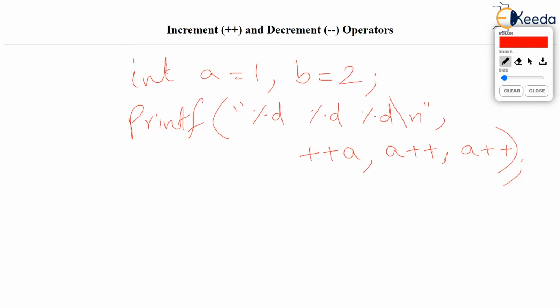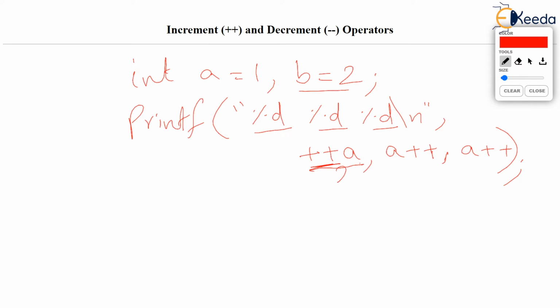Now just check this printf. Okay, we have declared b, but we have not made use of b here. Trust me, we will be using b later on. But in this printf, we are only using a. Now, any beginner who will be asked, what are the 3 decimal numbers printed due to this printf? Now, anybody would feel that we are printing ++a first. And you know this is pre-increment. So ++a means first increment the value of a. So due to this, value will be 2, isn't it?